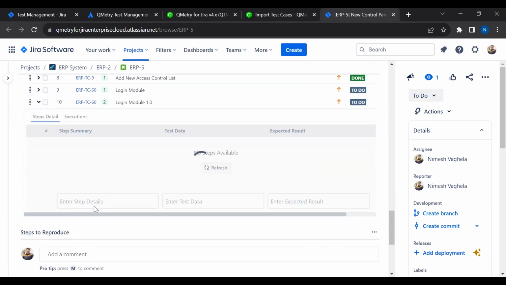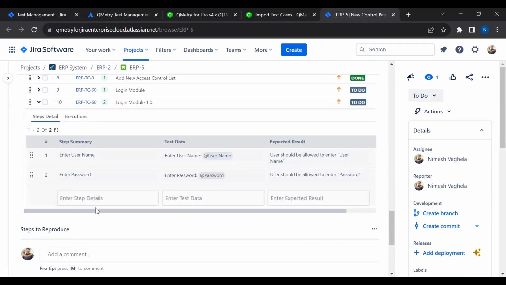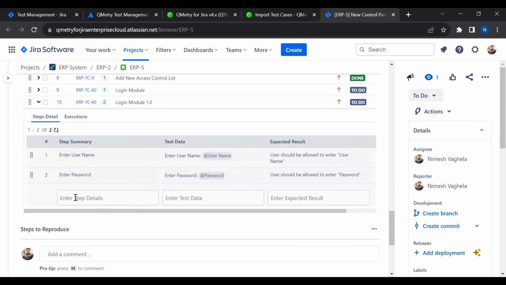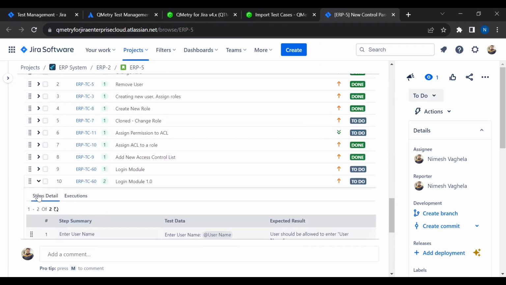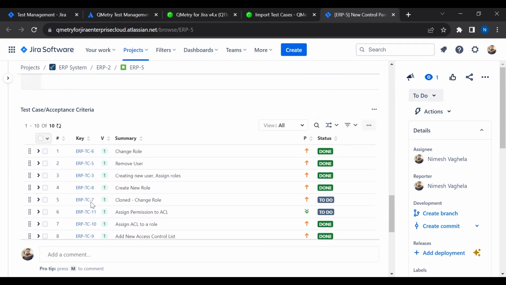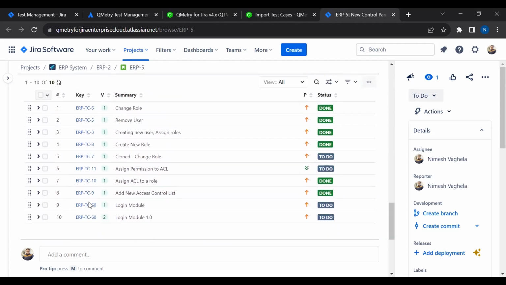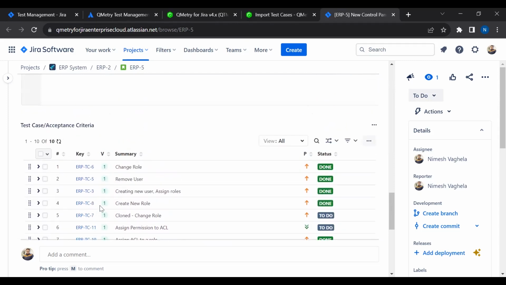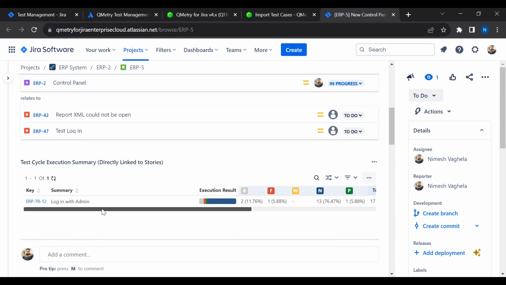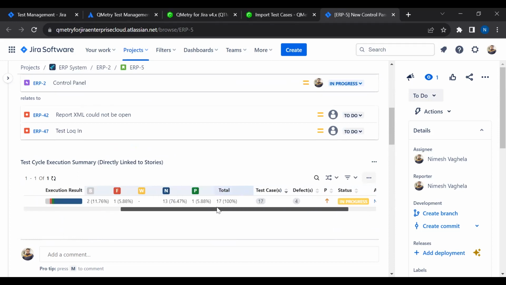If I click here, at your Jira instance and your Jira screen, you should be able to see the details, or you should be able to add additional steps as well. So there could be multiple test cases that need to be run in order to completely cover the story. So there are 10 test cases that needed to be run. And QMetry also allows you to link your Jira stories with